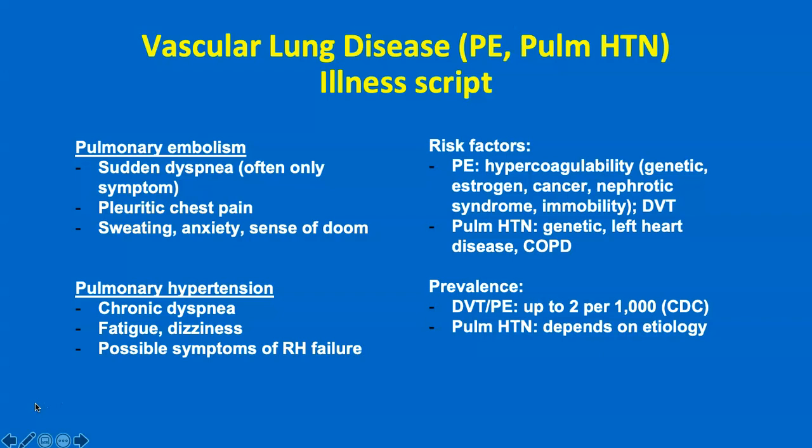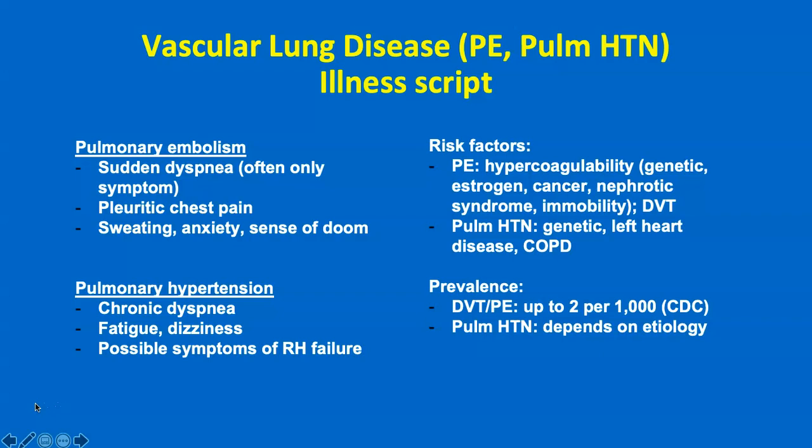There's a lot of important risk factors specifically for pulmonary embolus, such as a lot of causes of hypercoagulability. These can be genetic. Maybe they have high estrogen due to medication use. Cancer causes hypercoagulability. Nephrotic syndrome can cause hypercoagulability. Immobility can cause DVT, and if they have a known DVT, you definitely want to have a PE on